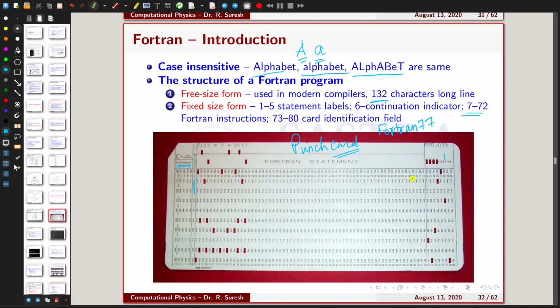If your instruction is still very long, you can again break the line with the continuation indicator. So if you are using Fortran 77 or earlier versions, you have to follow the fixed size form, while Fortran 1995 usually has a free size format to write the program code.